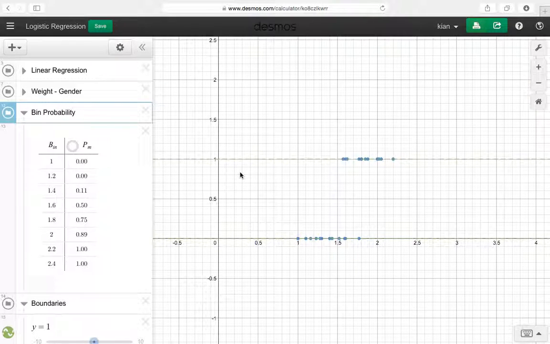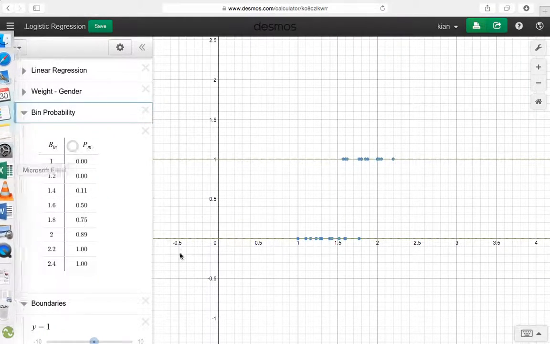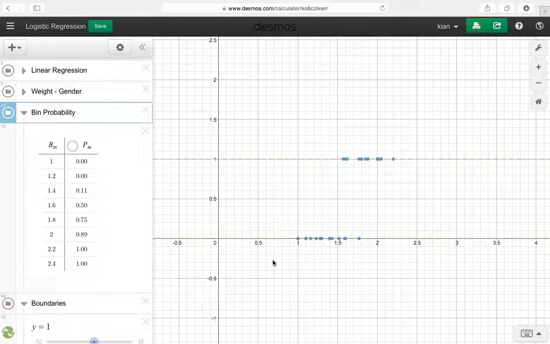Let's try and fix the problems one at a time. The first problem is how to interpret the values between the lines y equals 0 and y equals 1. A very intuitive way to look at the problem is to divide the x-line, or values for weight, into bins of relatively small size, and then count the number of samples falling between the starting and ending values of each